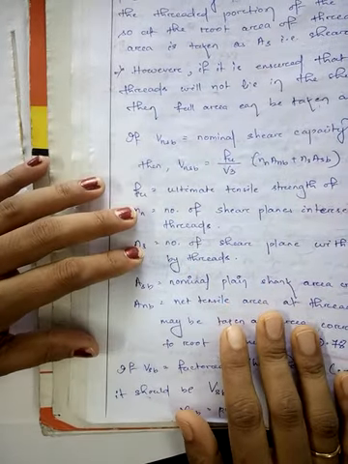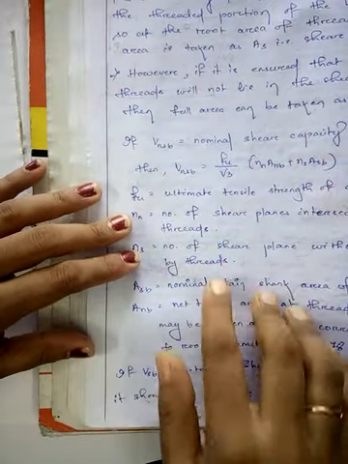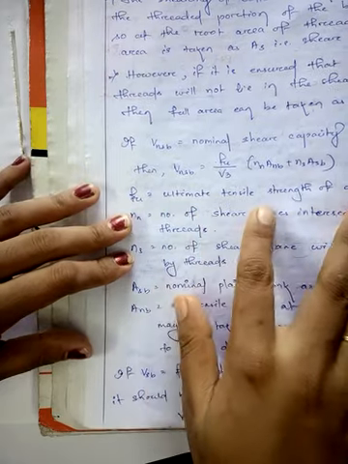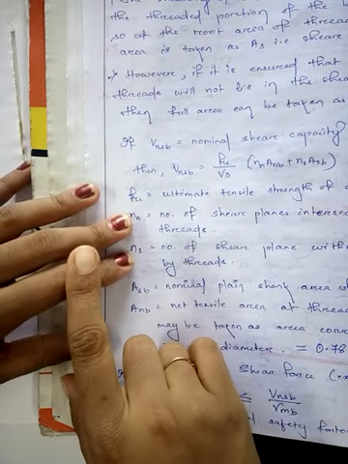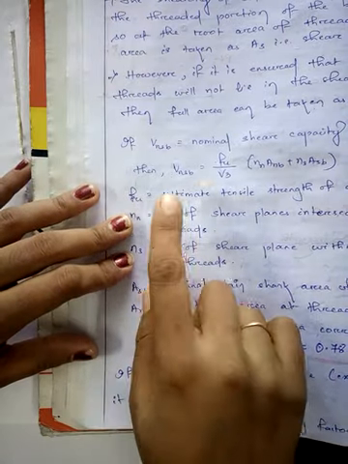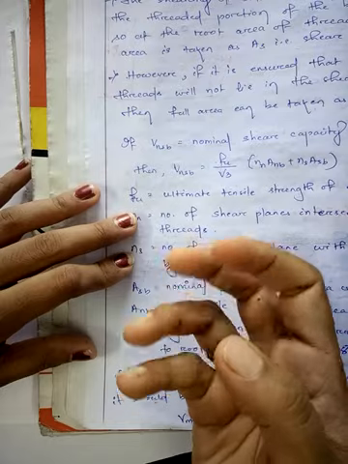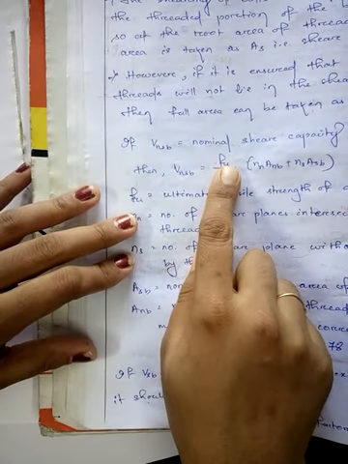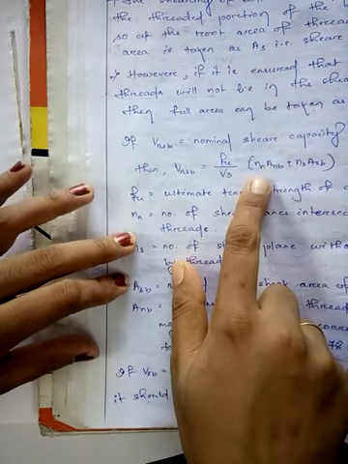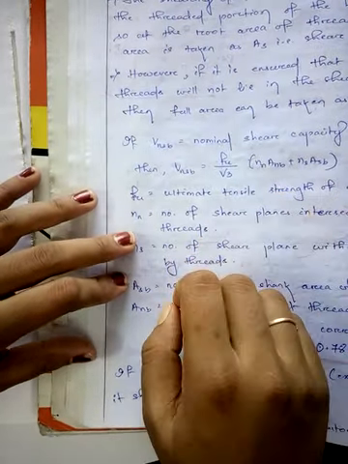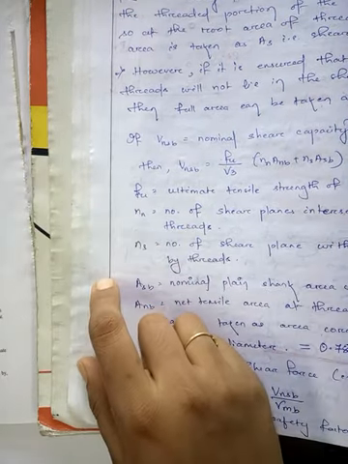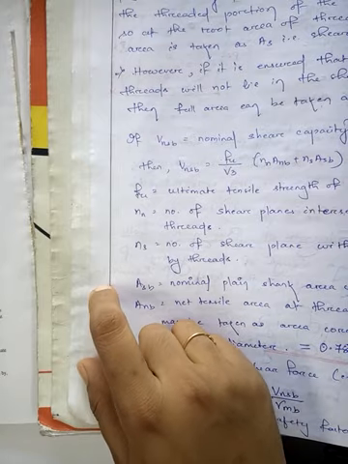And in this formula, what do the parameters denote? fu, as you all know, denotes the ultimate tensile strength of bolt. Previously, in strength of plate, there was another fu, but that fu was the strength of plate. But here, in calculating strength of bolt, this fu denotes the ultimate strength of bolt. n means number. n means number of shear planes intersecting the threads. What is this? Number of planes intersecting the threads.